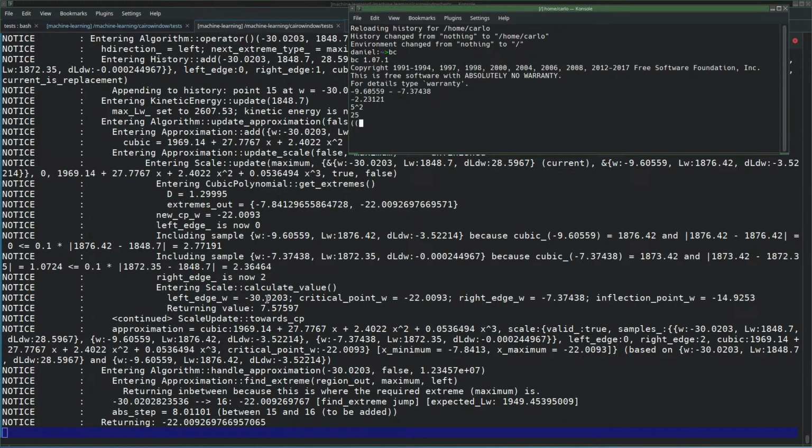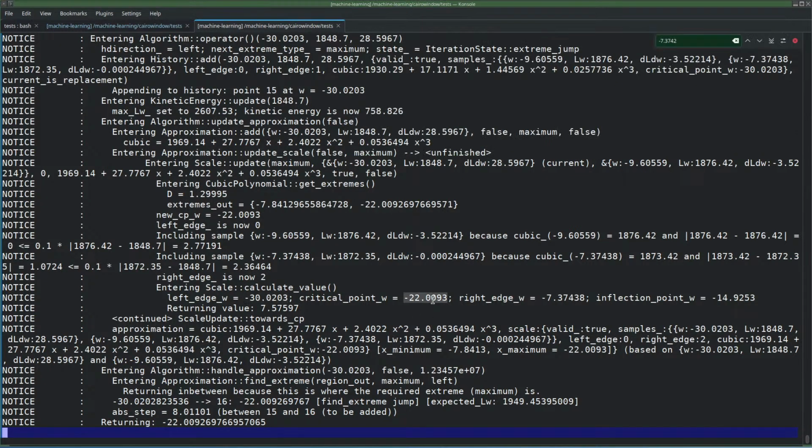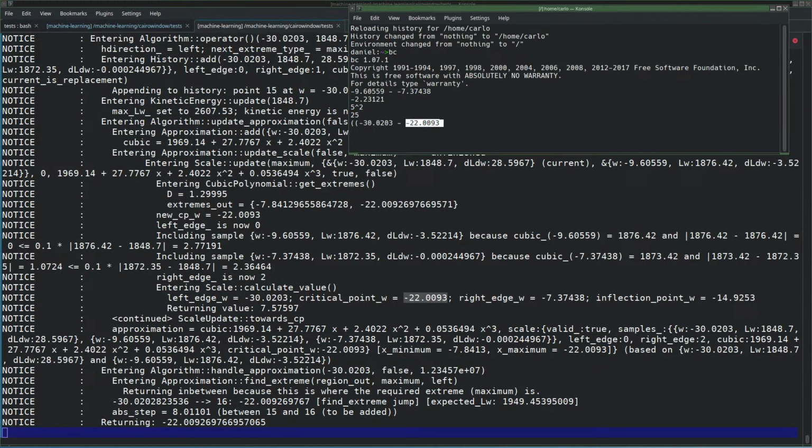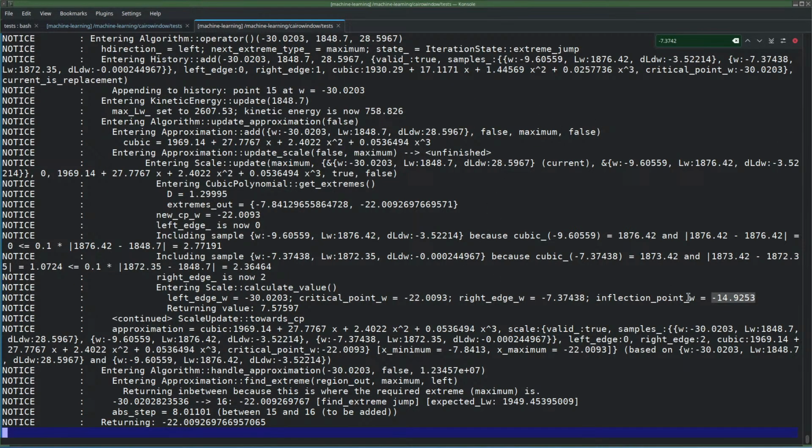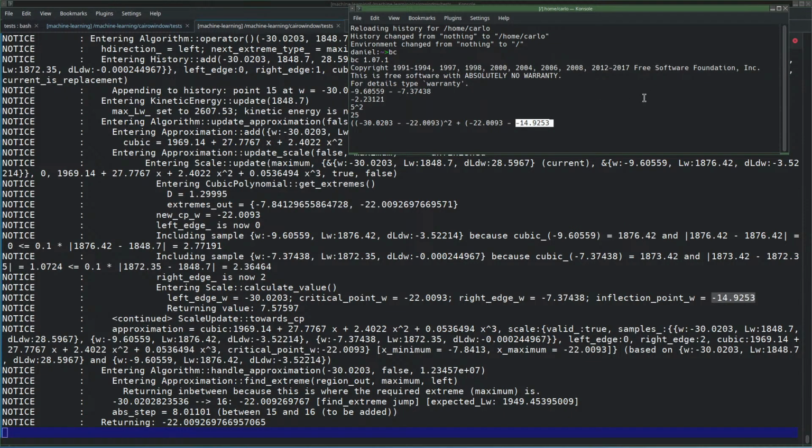So it is this value minus this value squared plus this value minus the inflection point value squared divided by